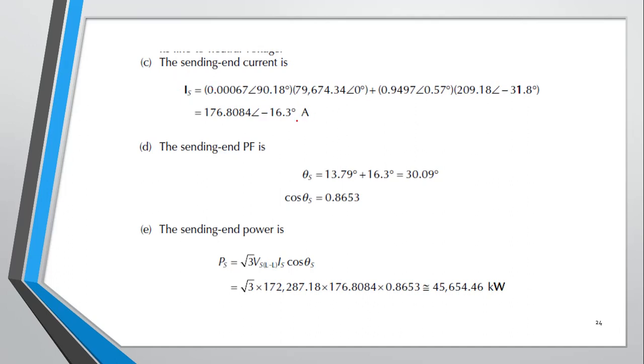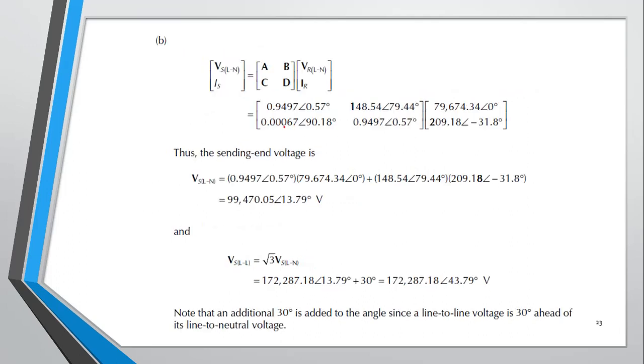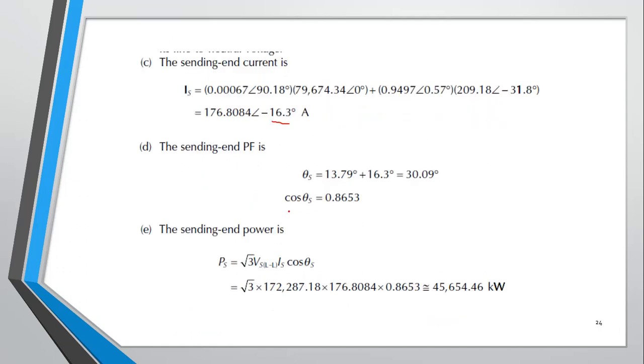Once we get the sending end current and voltage, we can find theta, the angle, and the angle which is calculated in this one, this 13.79. If we take the difference of these two angles, we will get theta, and by using theta and the sending end voltage and sending end current, we can calculate the total power, which after calculation is